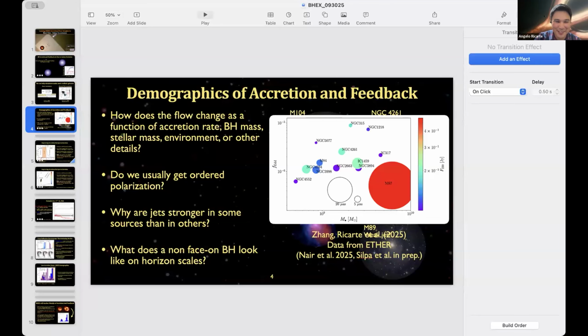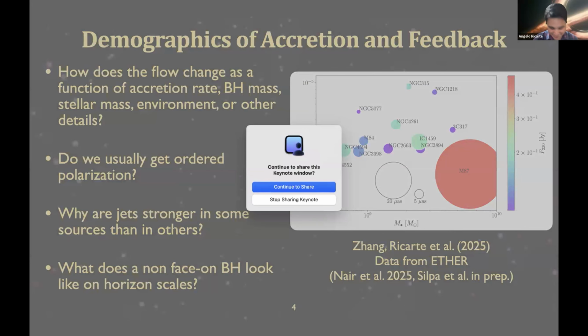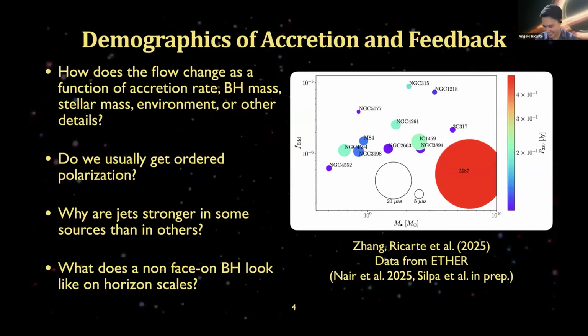Well, I don't know. I think more is always better. But at the very least, of course, you want at least 2 that are on either side of some dichotomy, for example. 5. So yeah, it depends on how many dimensions you want. A small but odd number. Yeah. So we can, you know, they're interesting enough. There's an interesting enough range, I think, in mass and accretion rate here.